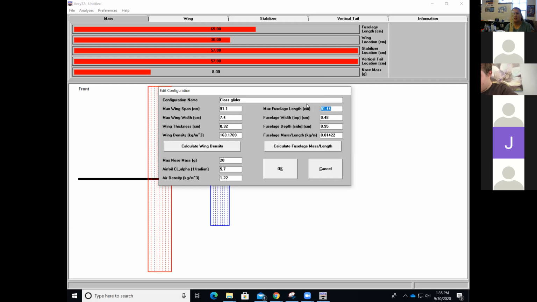This piece is exactly 60.8 centimeters. The width of the fuselage is